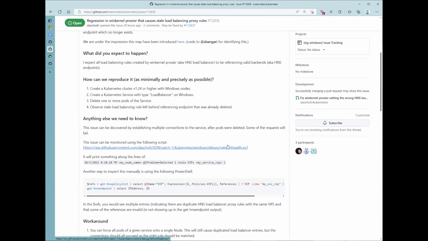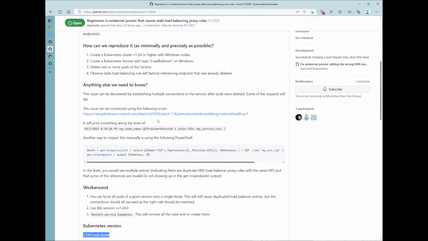I'll actually add the exact command, but it will print that you have one stale VIP, and you can inspect it with the PowerShell that is also in the issue. If you don't want to use network health.ps1, you can view the policy lists, search for the VIP, and you'll see there are multiple entries for that VIP. So there's a duplicated